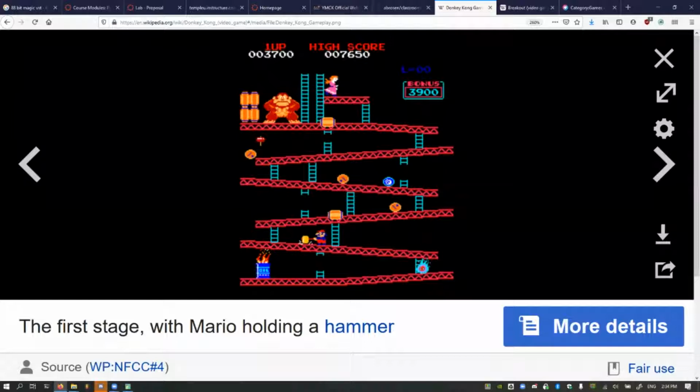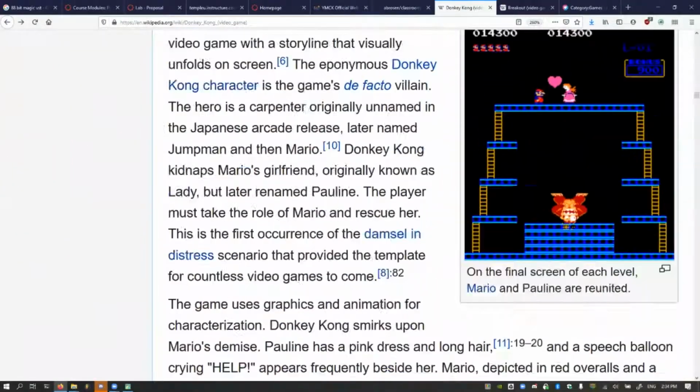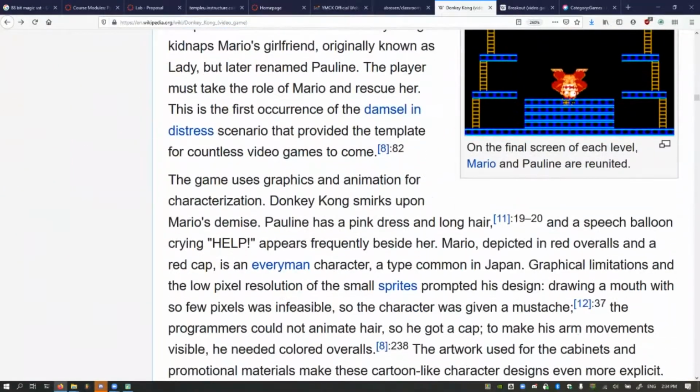Also, to make sure that you keep progressing, as you can see, there's this little flame sprite over here. As they hit this barrel, they sometimes generate these flames that come after you. The hammer that you can pick up here and in another location allows you to smash these barrels. And essentially, this has 4 stages that you play through until you get to the end of the 4th stage.